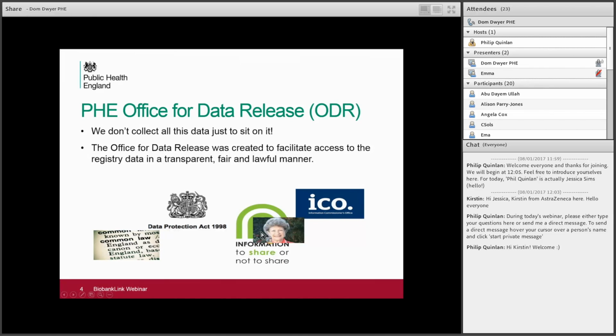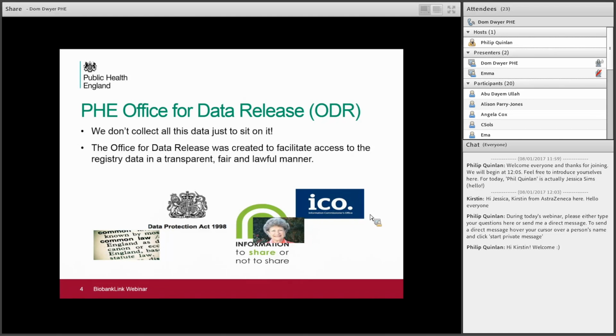And then the Caldecott principles as well, which were published by the National Data Guardian, but have been updated fairly recently. I think it was in 2013, because they wanted to stress that the duty to share was as important as the duty to protect confidentiality. And then last, there's also the ICO, the ones that make sure everyone's abiding by the other principles, to make sure data is being processed in a fair, legal, and transparent way. So